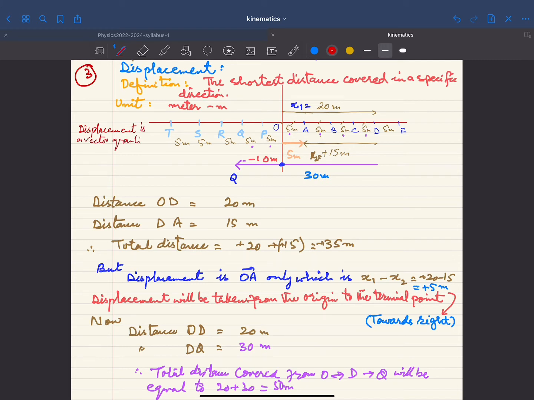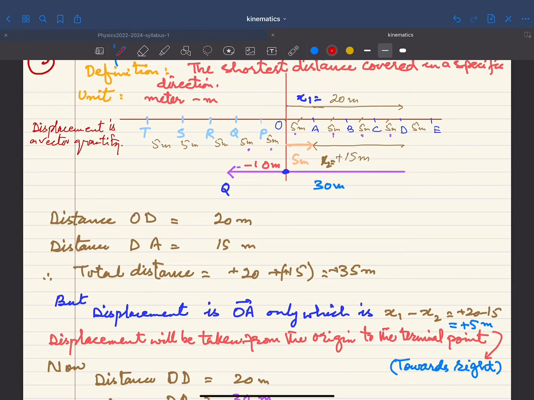Now as far as the displacement is concerned, I think we need to explain a few more things about it, and here we will try to compare the displacement and distance concepts. If you are considering this number line, then you can say that from O to A to B, B to C, C to D, and so on, each distance is of 5 meter. So what we can say is the distance OD